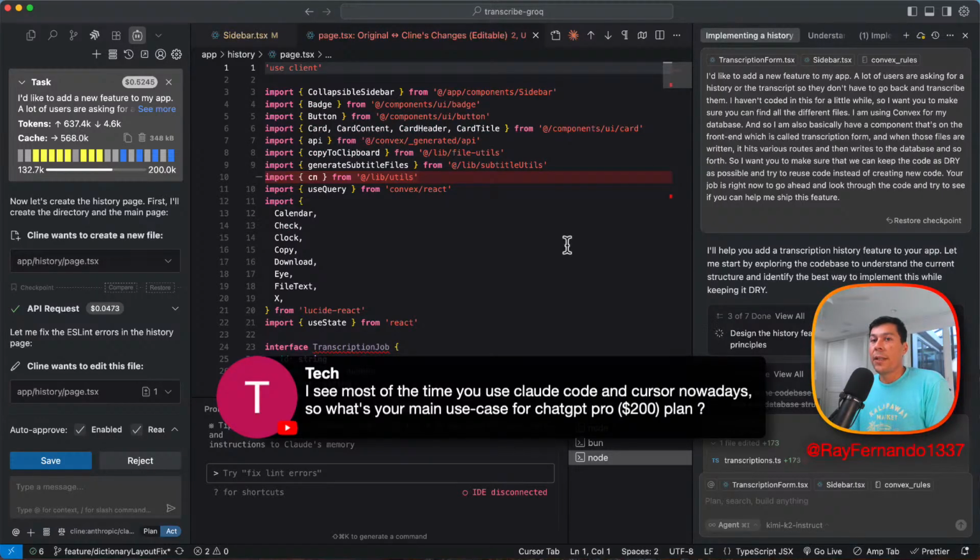My main use case right now has just been O3. I use O3 so much, with O3 Pro. I also tend to use repo prompts quite a bit in the background, not live, because I'm doing a lot of planning tasks. I'm also doing a lot of writing tasks, and a lot of other live tasks.